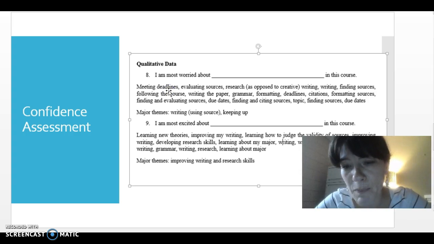So in giving people a space to provide some context or some deeper response to a question, I'm able to gather information that I don't necessarily anticipate as a researcher.